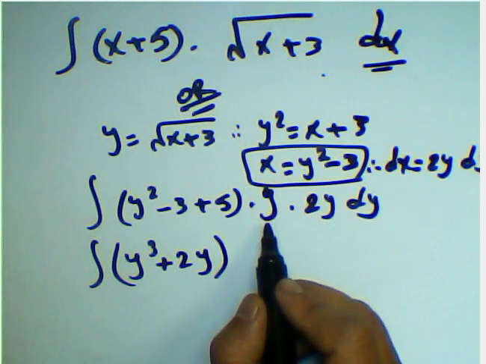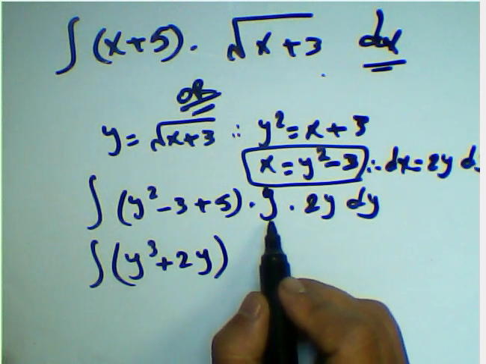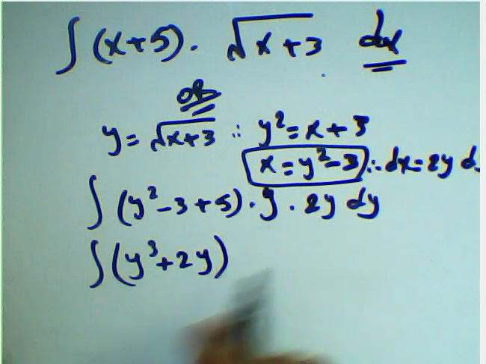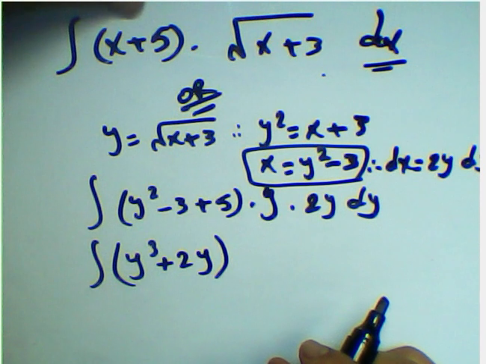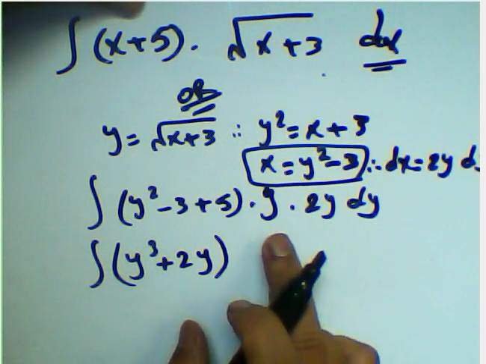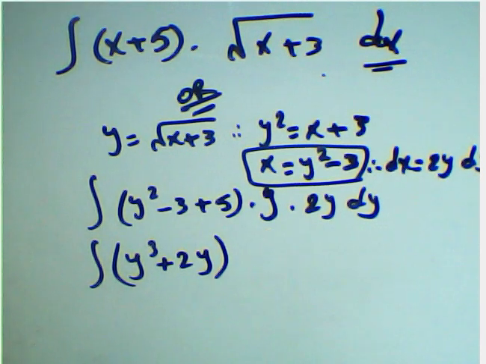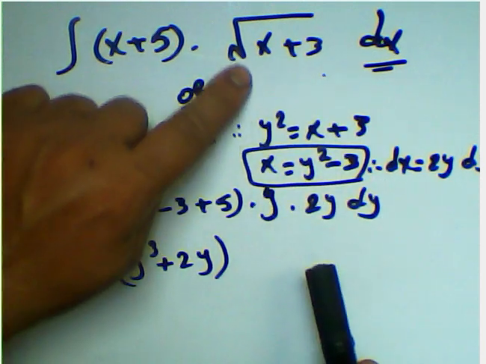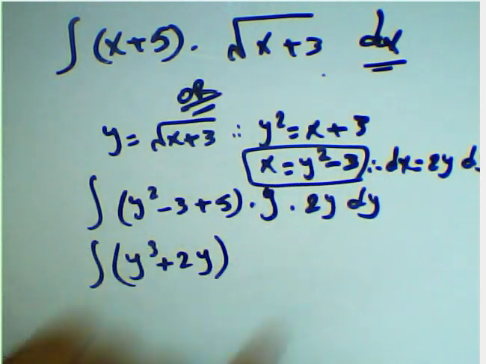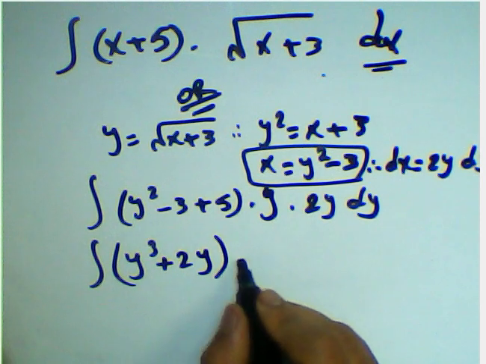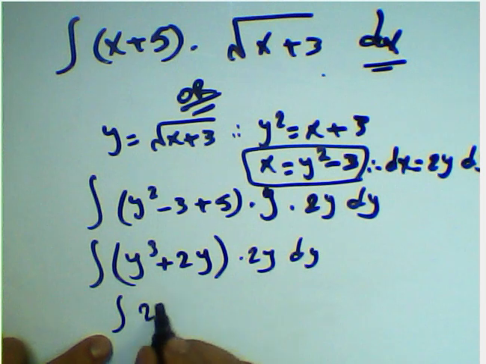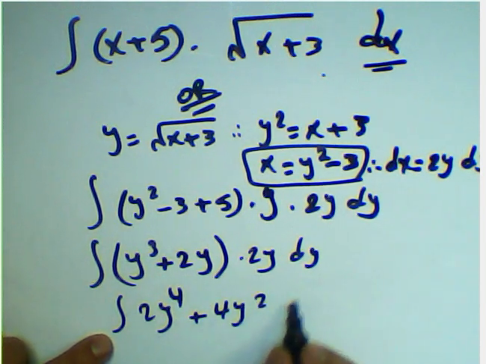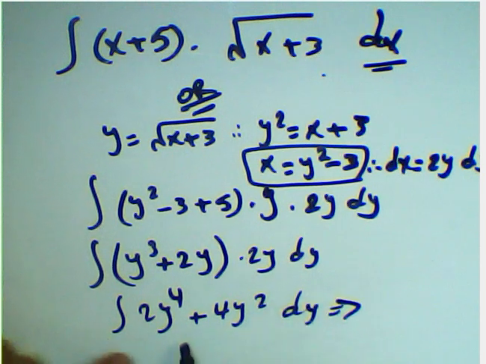We have here 9, again we have this function, multiplication by y. It's y, distributive here, and we have 2y again, dy distributive again. It will be 2y power 4 plus 4y power 2 dy, and then the result will be